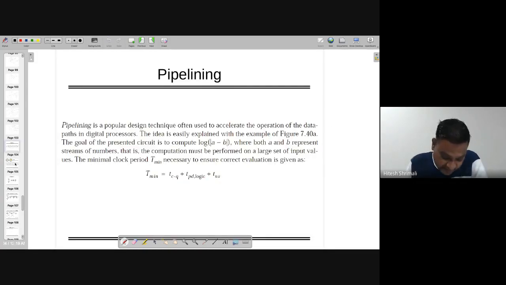What does it say? It says that pipelining is a popular design technique often used to accelerate operation of the data paths in a digital processor. The idea is explained by the example they have taken. In that they want to compute log mod of a minus b. So this is what they want, log